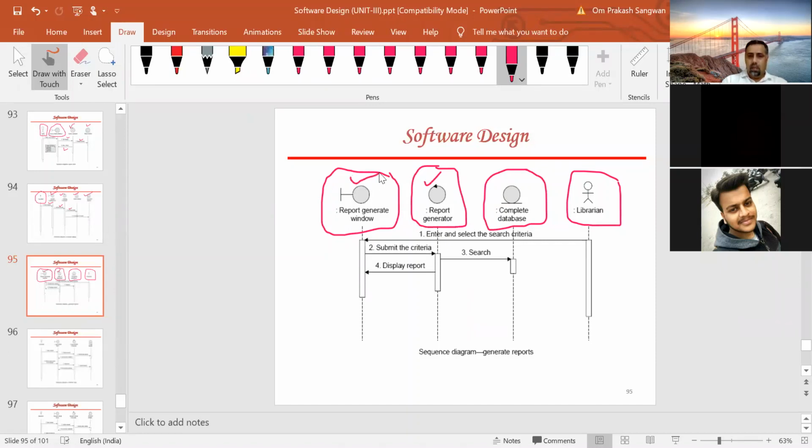Now the first step is to enter and select the search criteria. Either you want to know the information about the issue of a book, the return of a book, or the total number of books available in the library. Whatever information you want.